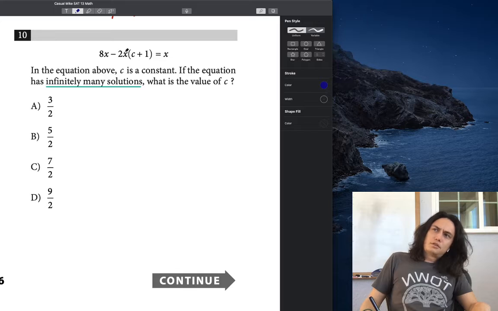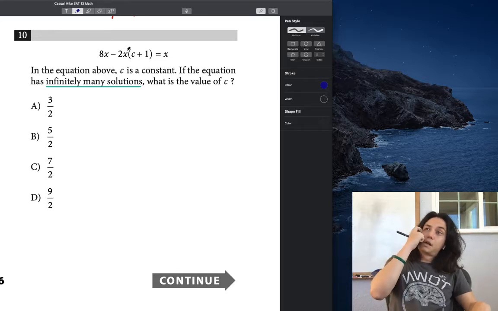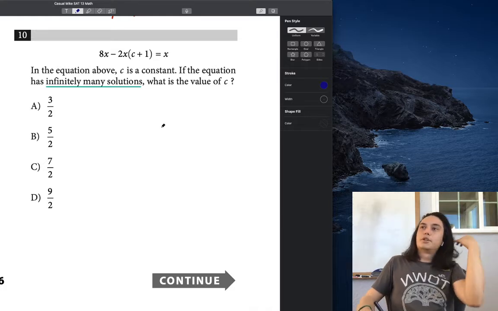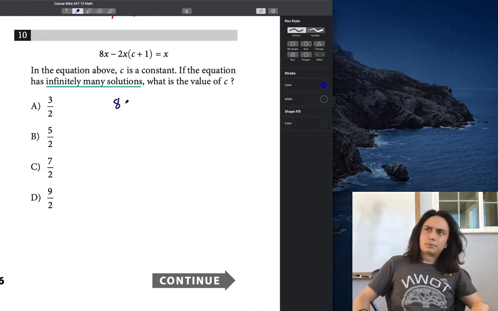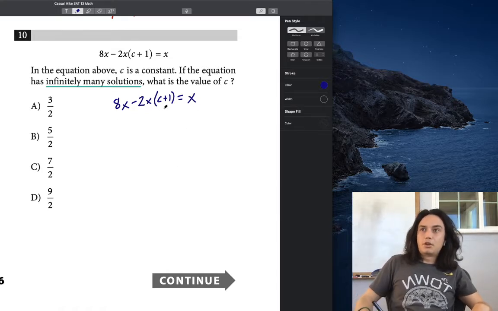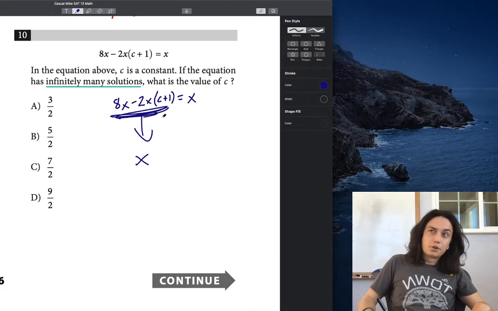8x minus 2x times (c plus 1) equals x. Oh god. Okay, well, I'll think about this in a couple different ways. 8x minus 2x times (c plus 1), that's horrible, equals x. One way of thinking of it is that all of this needs to end up reducing down to x so that we get an equation that looks like this,